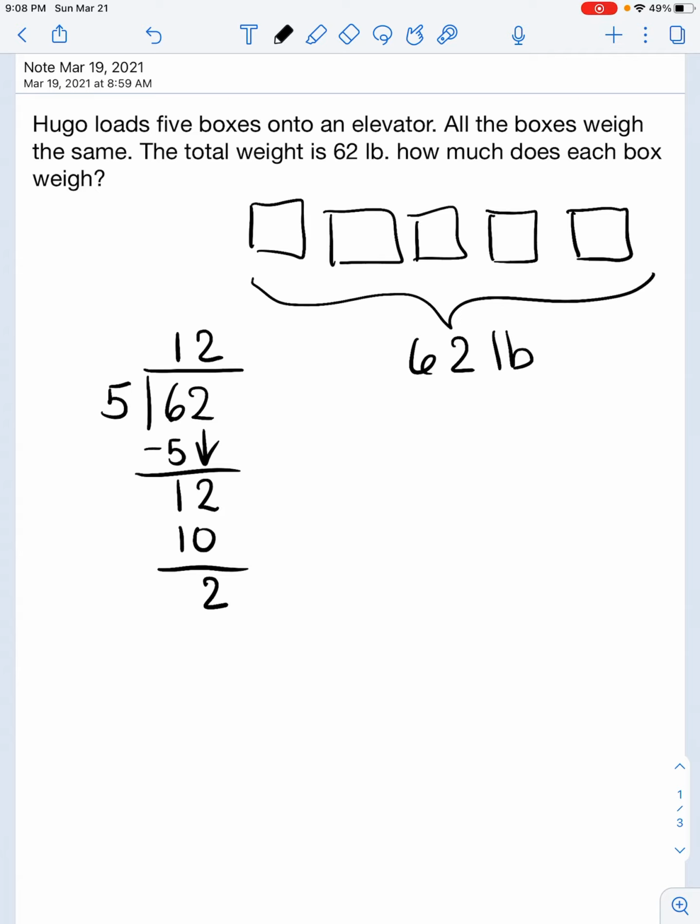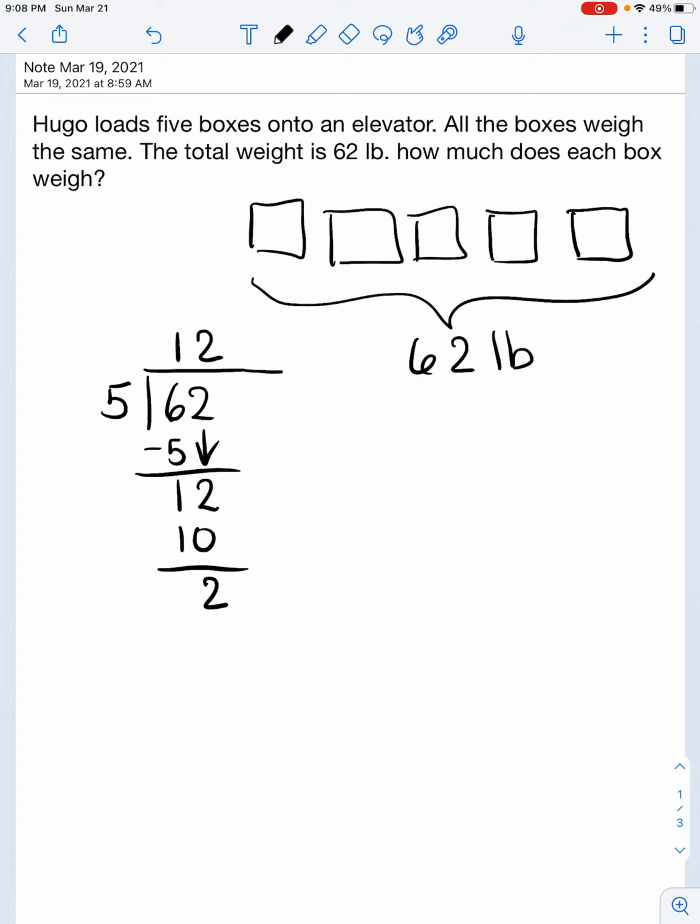But normally when we talk about weight, we deal with decimals. If you've ever gotten on a scale, you know that your weight is in whole pounds and a decimal, right? You don't see a fraction of a pound. So that's what we want to do here. We want our answer to be a decimal. And so what I'm going to do with this remainder is turn it into a decimal,